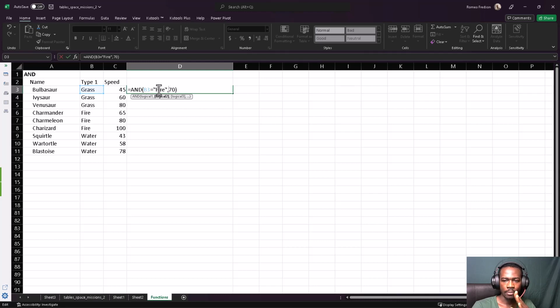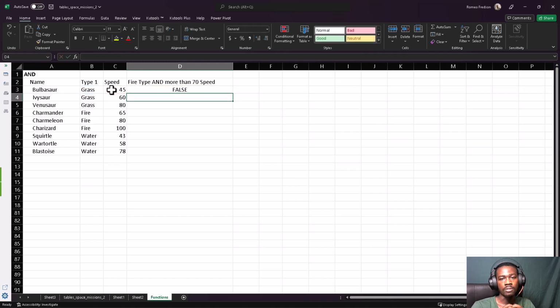Okay, is cell B3 equal to fire? And so you come now to the second logic, just in front of the 70, and select its corresponding line value, which is 45, and is the speed we are talking about. Is the speed for the Bulbasaur in cell C3 equal to the 70 that I want? Now when I hit enter, it tells me what? False. Why? Because there is no fire here and this is no more than 70. So I will drag it down,